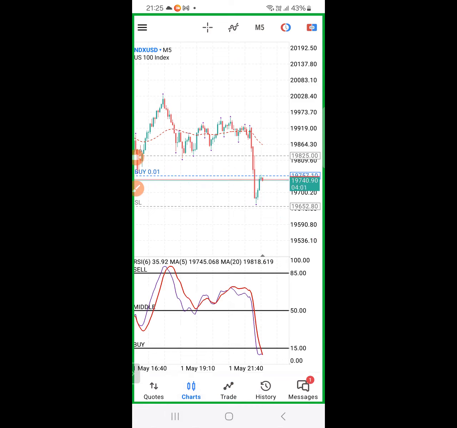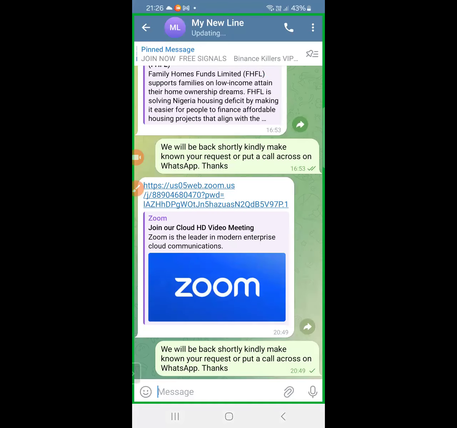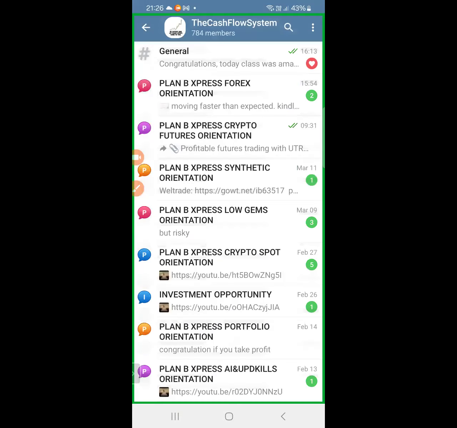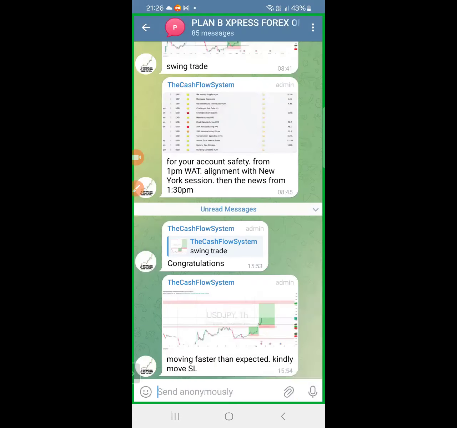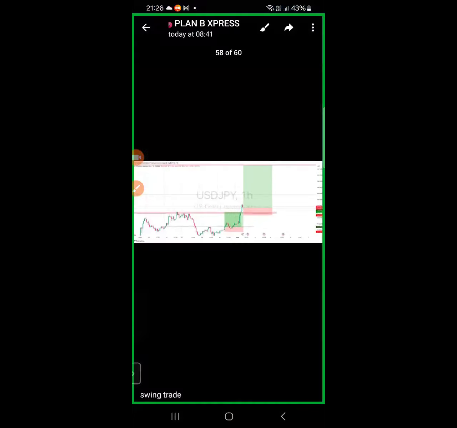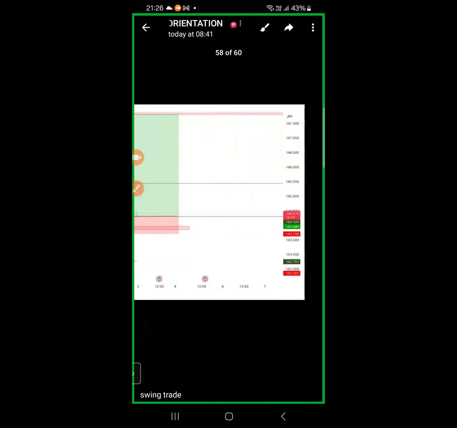So more detail, so that when I give you a signal, you go and look at, okay, this is what they ask us to do. For instance, let me go into an example of a signal that was given not only on the general forum, even on the free group. So look, I said, moving faster than expected, kindly move stop loss. See, when I send a signal, look at it. All right, look at this signal. It was sent